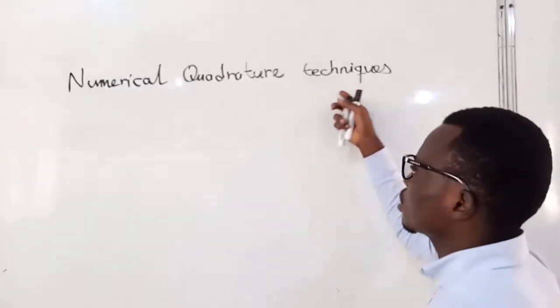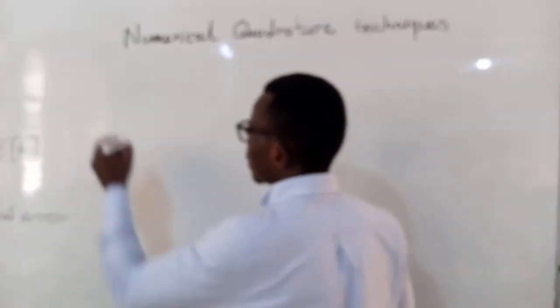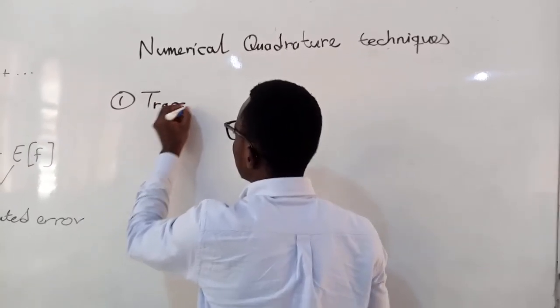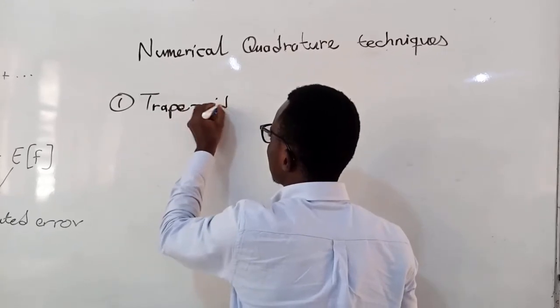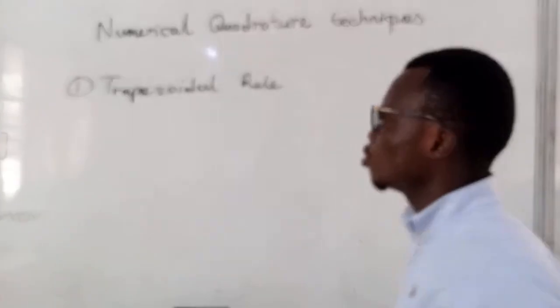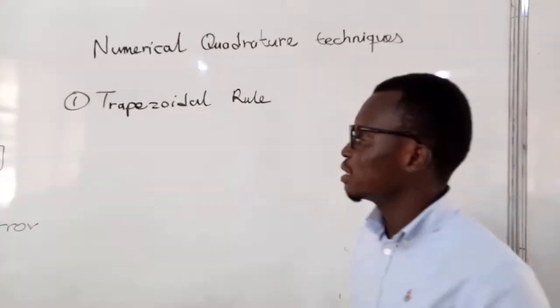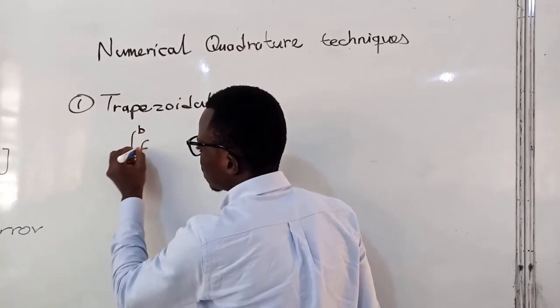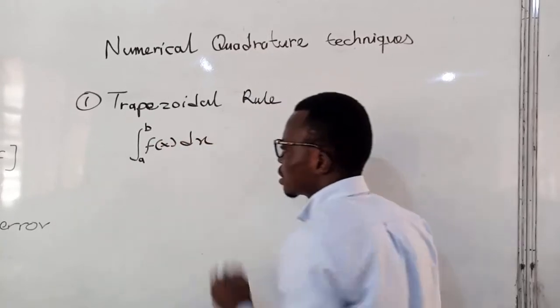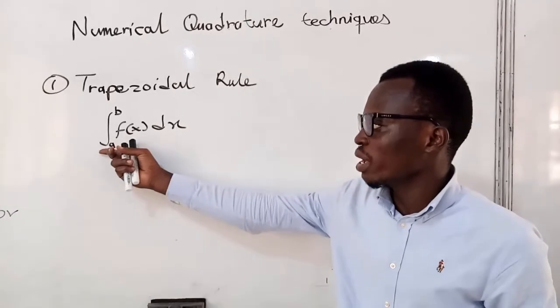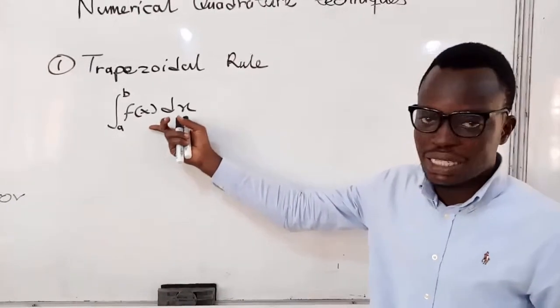Alright, the next section we are going to look at is numerical quadrature techniques. The first technique is the trapezoidal rule, which is also known as the trapezium rule. It says that when you have an integral, let's say from a to b of a function f of x dx, you can use numerical integration to approximate this integral